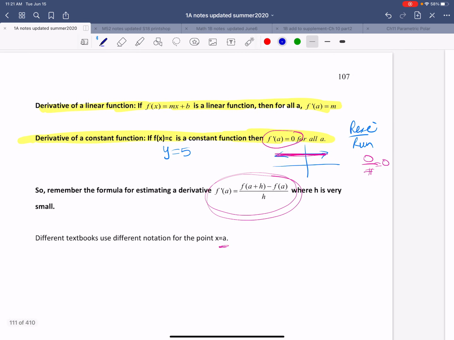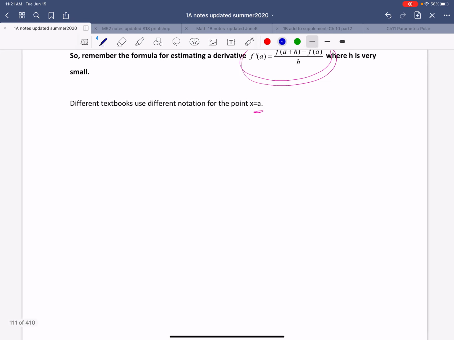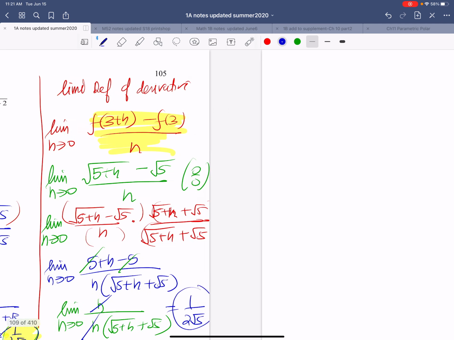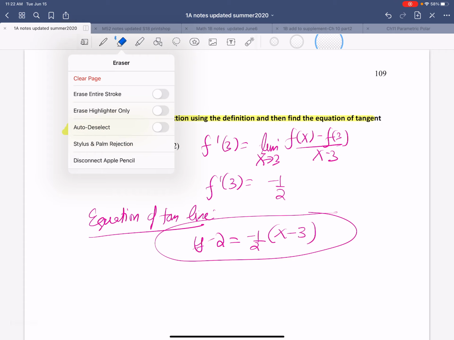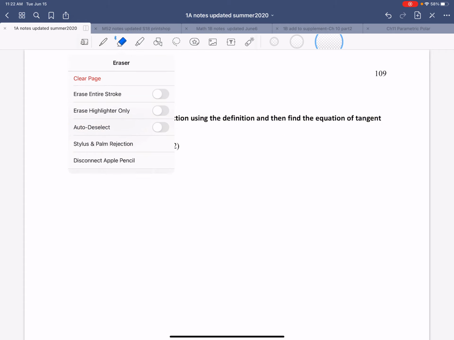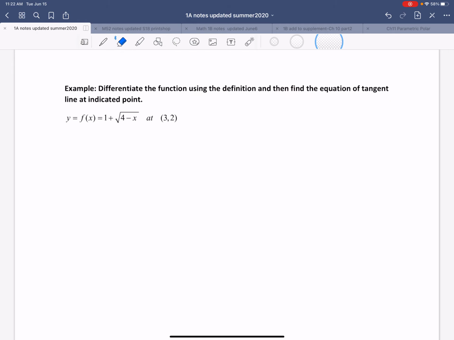One more example we'll look at. Here we have: differentiate the function using the definition and then find the equation of the tangent line at the indicated point. Okay, so we want to find the derivative using, we can either use the